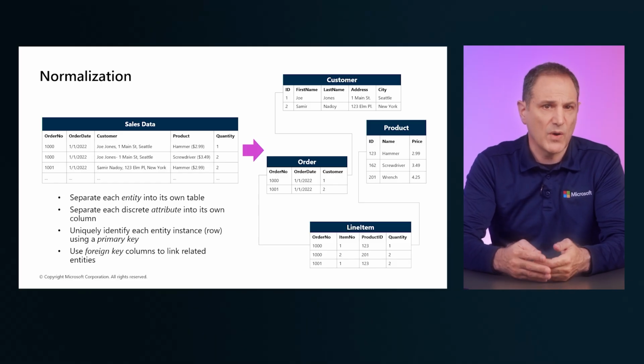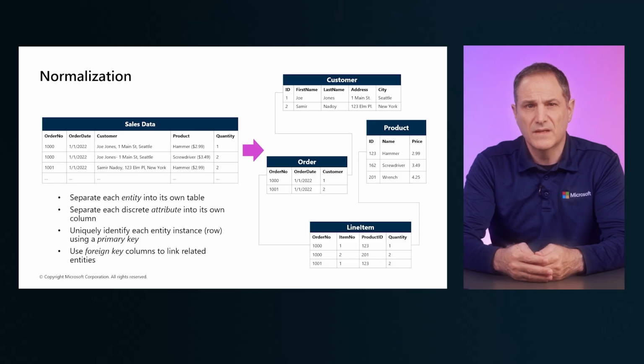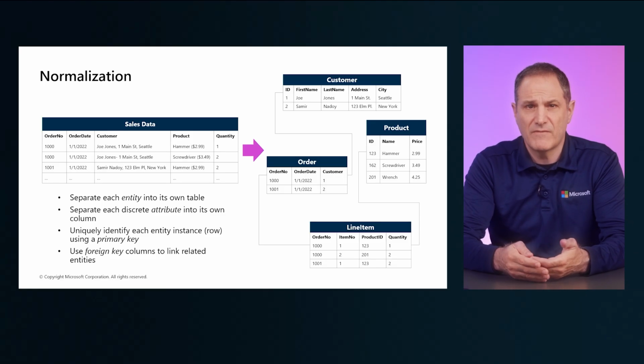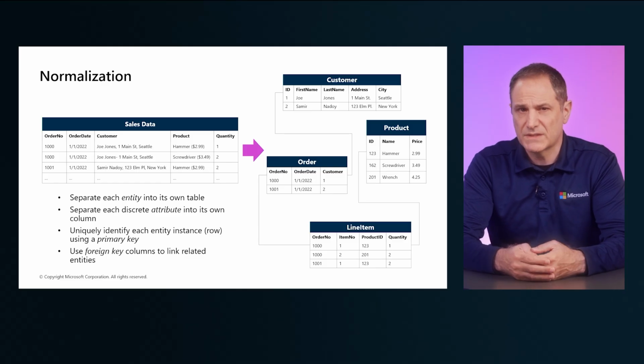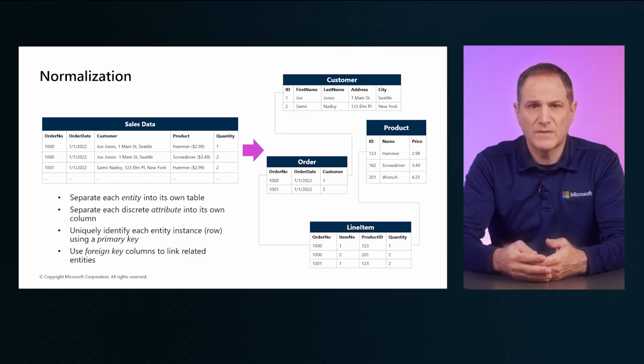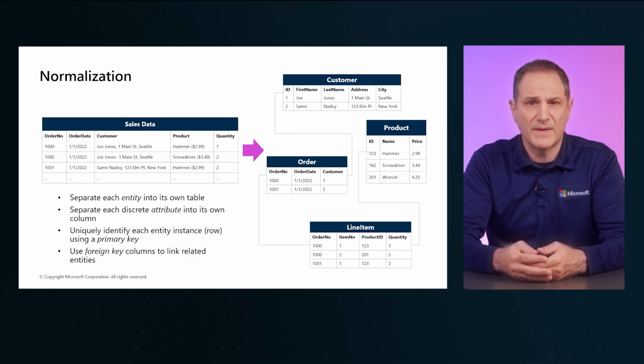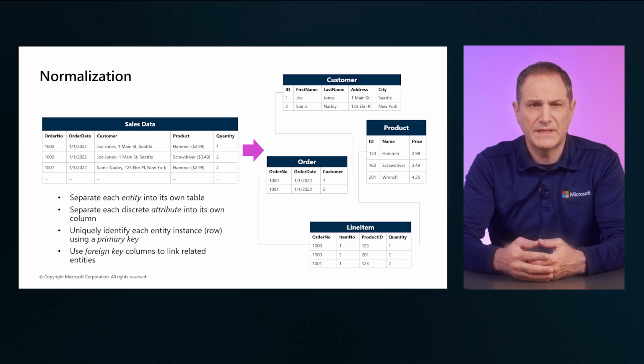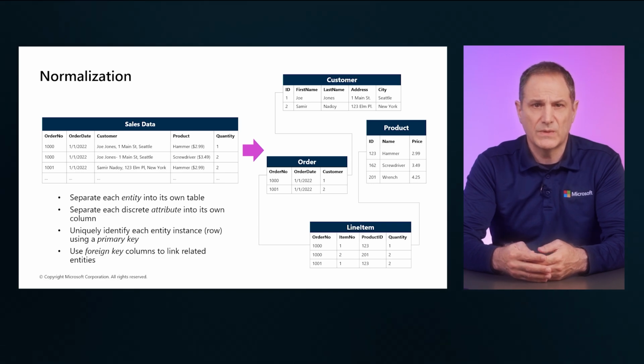The product name and price live in one main place where the information is stored, and every line item in every order simply points back to it. When an order claims to reference a customer, the database can ensure that the customer exists. It prevents orders for non-existent products and helps guarantee that each relationship in the data is valid. By breaking data into related tables and making those relationships explicit, relational systems maintain accuracy, even as millions of records